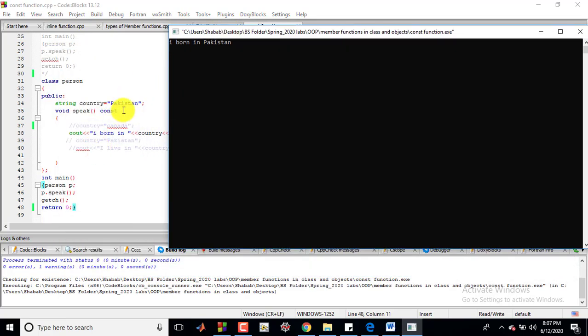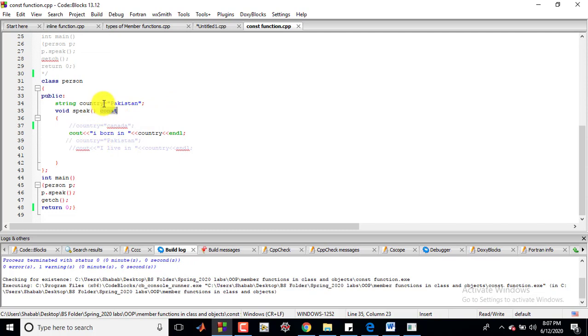This shows that by using const, with the value of country as Pakistan, you can't store any other value in the variable country. So basically the constant member function avoids change in a particular data member.